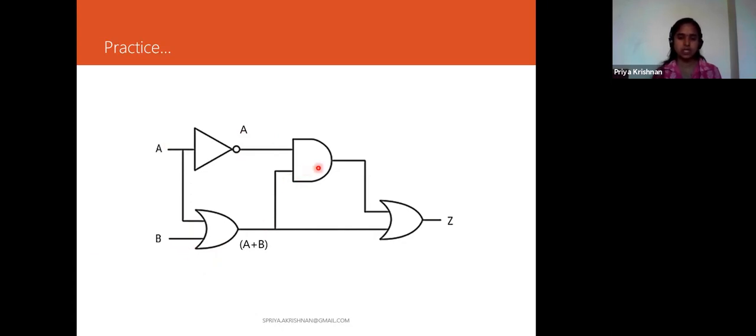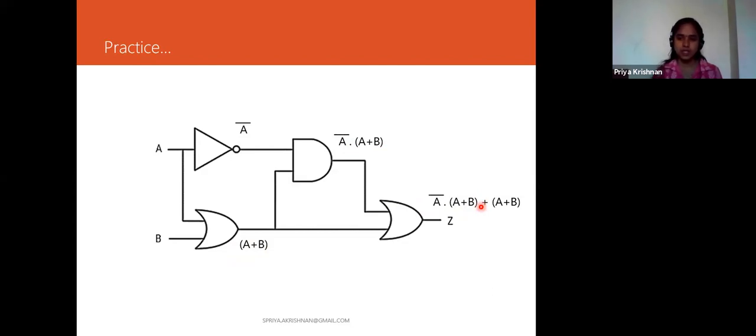So what is this? Here I'll get A bar dot (A plus B). And on the output side you will get A bar dot (A plus B) plus, and again this one, A plus B. Yes, so most of you might have got this answer.